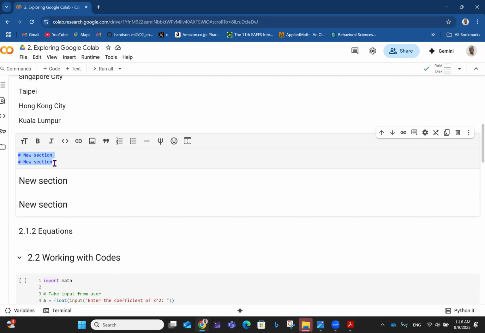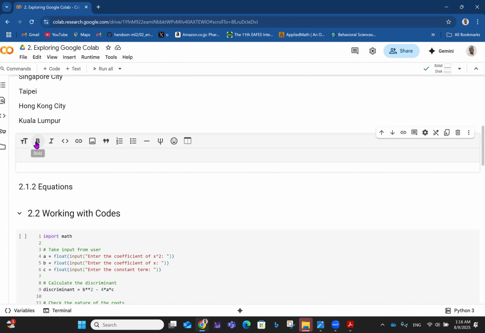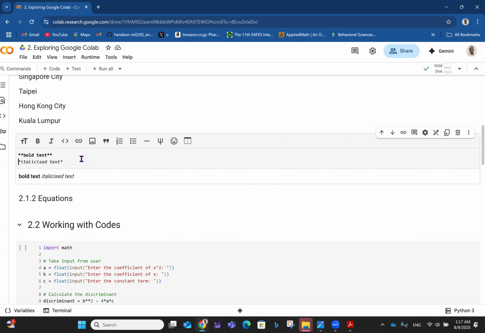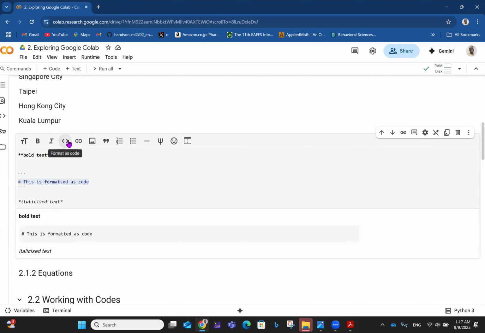Okay, so if you want to make something bold, this is what you do. So you have bold text right here. If you want to italicize stuff, you have that. This is italicized stuff. Then you can format it as code. You want to change it to a code. So you have something like this. Then if you want to insert a link,